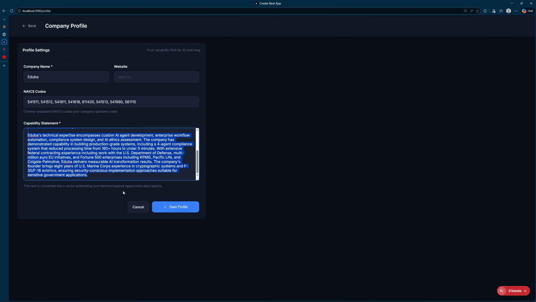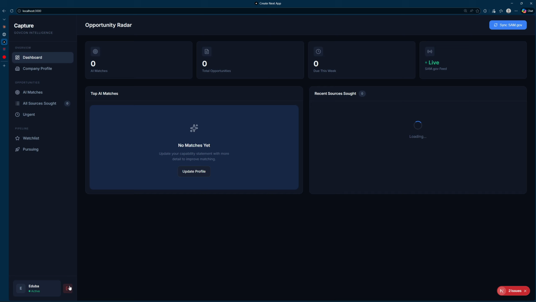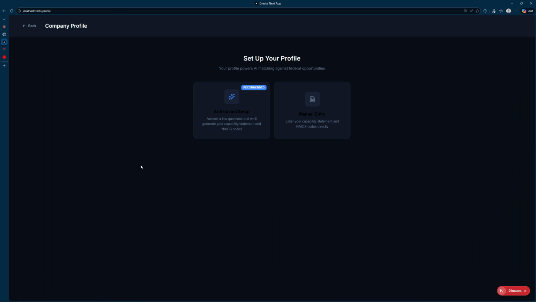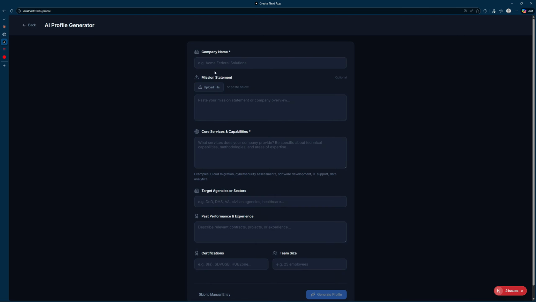Now, if you were to roll into this, let's actually show you this whole process. I'm going to go ahead and hit Control Save here. Let's log out, and imagine you're a fresh company. Instead of having to go and figure out all of that absurdity, build all of that stuff, what if you could just simply put in your company's name, put in your mission statement, which I'm just going to throw in there,